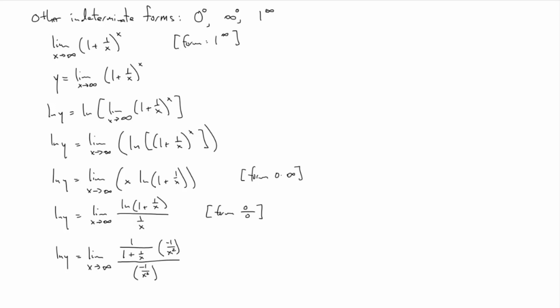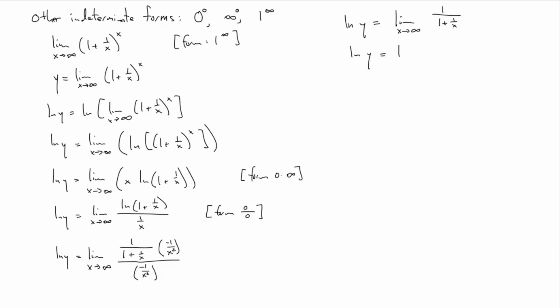The numerator and denominator both have a factor of negative 1 over x squared, and those cancel. And that leaves us with the natural log of y equal to the limit as x approaches infinity of 1 over 1 plus 1 over x. And as x approaches infinity, 1 over x approaches 0. And so that limit is actually very easy to take, and we get